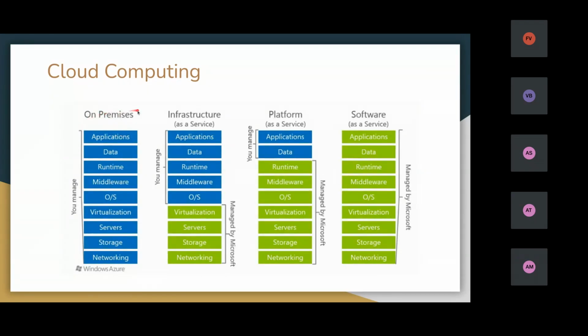This was the earlier case on premises. Here we have to manage all these things. We have to manage networking. We have to manage the storage, the large number of storage we have to manage. While coming to cloud compute, we only pay for the storage we use.